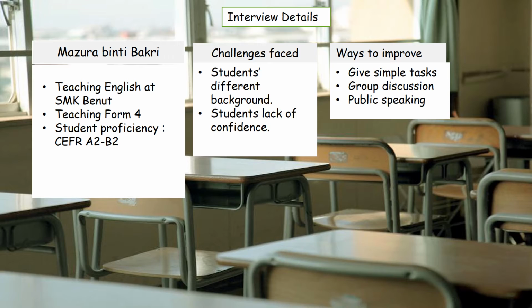Okay, B2 is upper intermediate. It means the students are able to understand the main ideas of complex text, both concrete and abstract topic. Students can interact with a degree of fluency and spontaneity and can produce clear, detailed text on a wide range of subjects with explanations. Okay, the challenges that Madam Mazura has faced are the students come from different backgrounds and